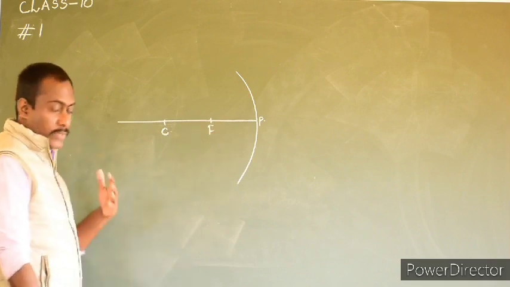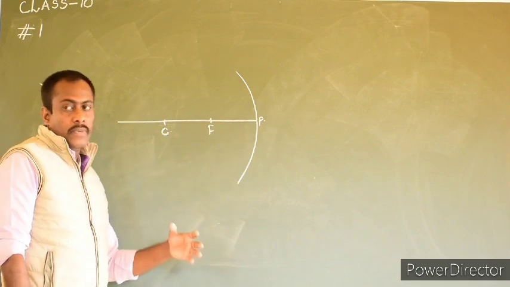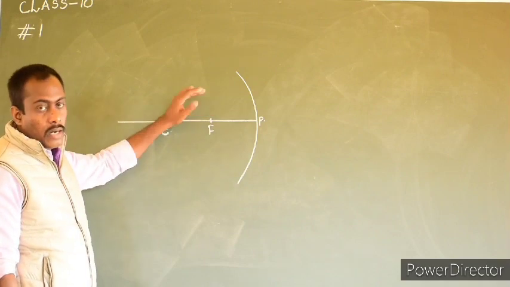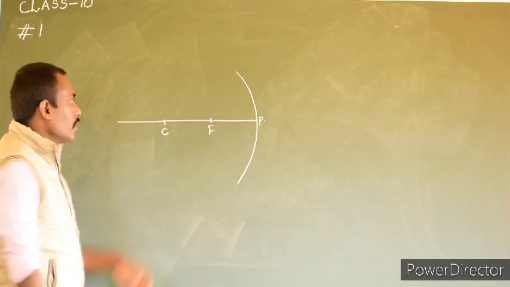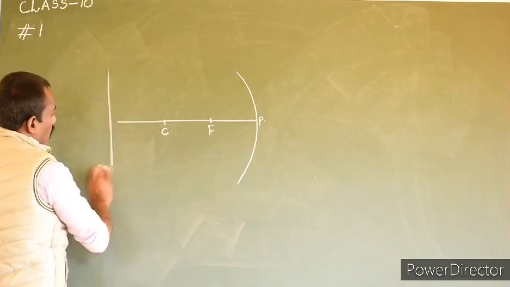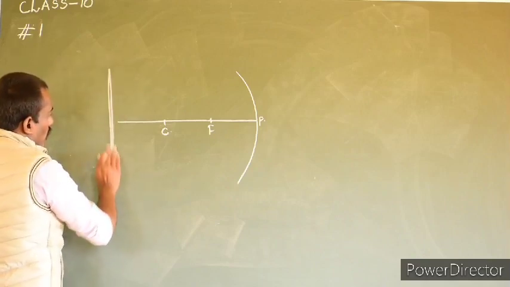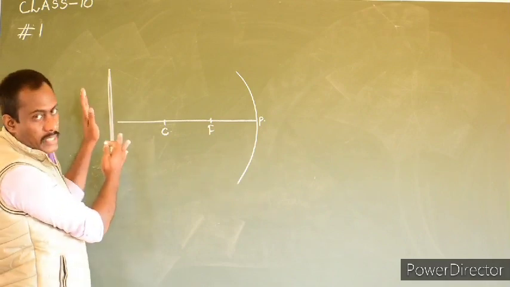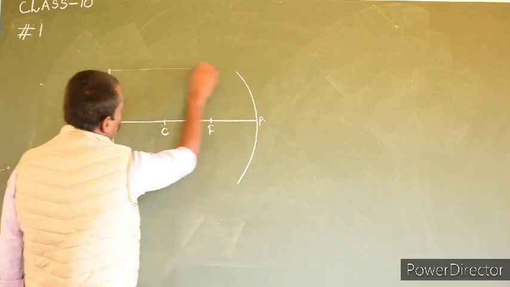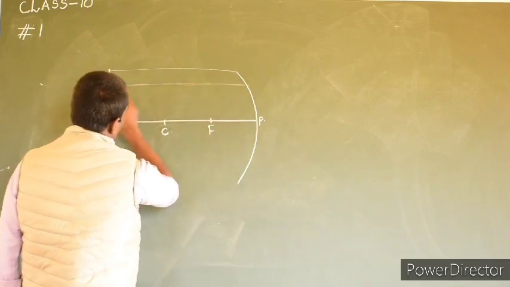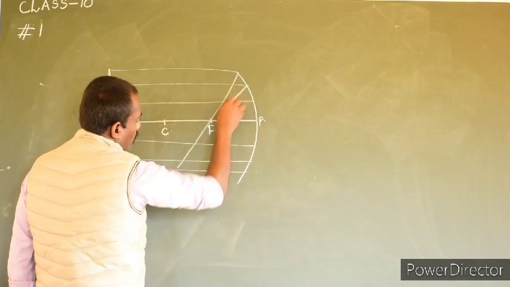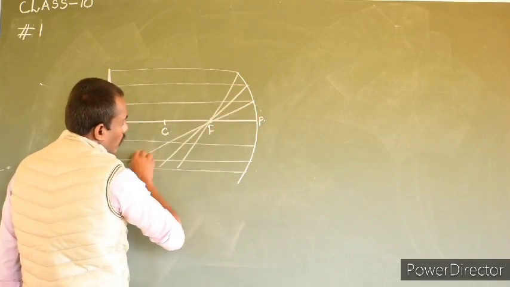So therefore, as we already know, if any number of rays which are parallel to the principal axis come in, how will the reflected ray be? Assume the position of the object is at infinity, and then the rays coming from this object will be parallel to the principal axis. All these incident rays will reflect back through the principal focus